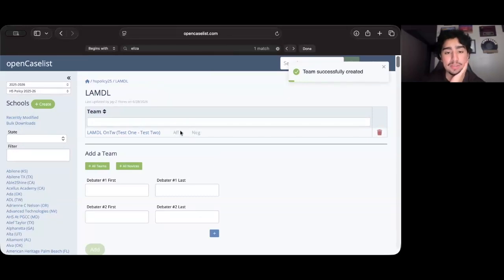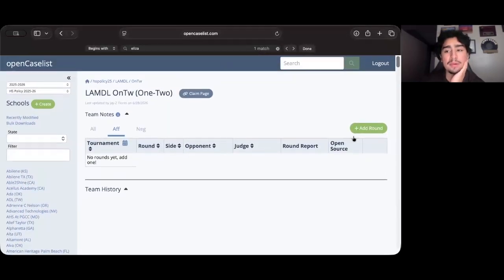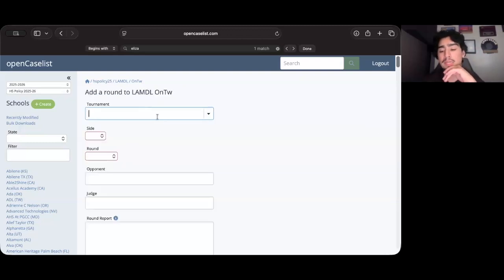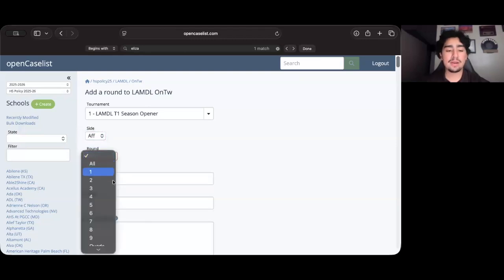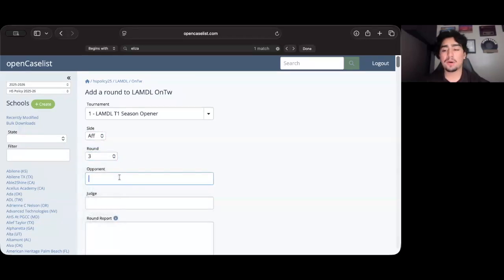To make a wiki entry, we would go over here and put add round. You can either do all AF or neg. It doesn't really matter because you enter the rounds as you go and then you're able to click if it's AF or neg after. So you click add round tournament. Let's say it was Lambda T1 season opener. You were on the affirmative side, round three. Opponent was J-Flow. The judge was